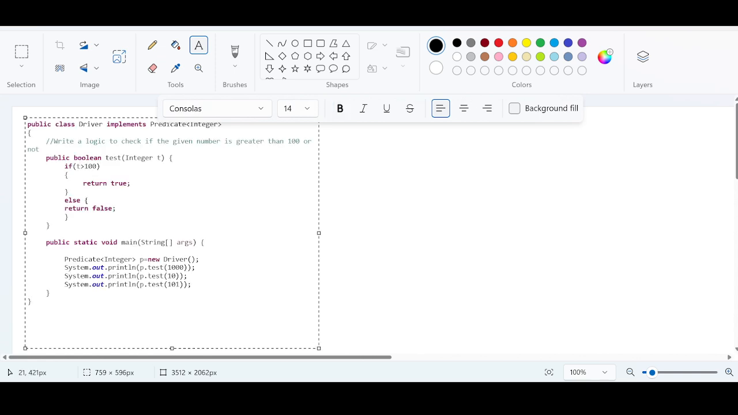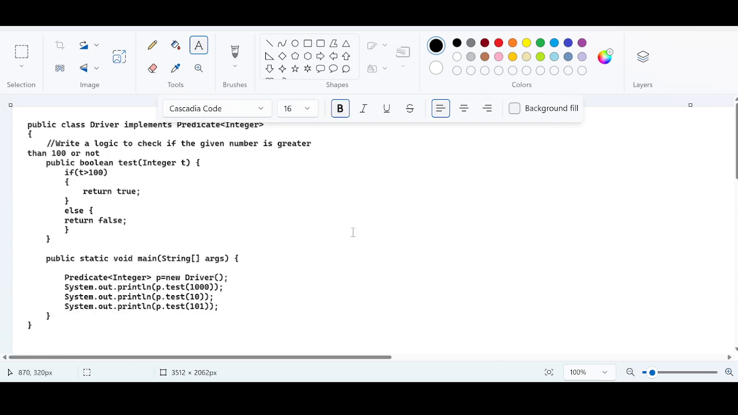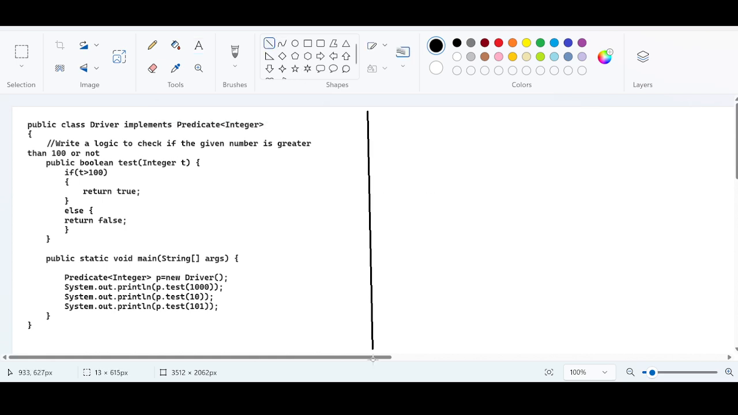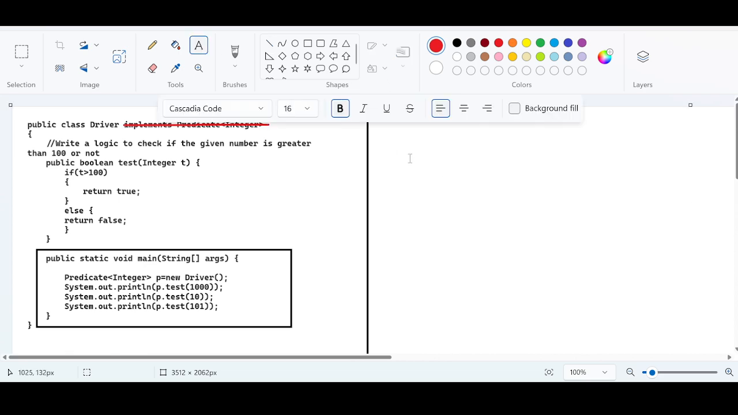This is our actual code without lambda expression. Focus here. I want to use a lambda expression. How can I use it? Let me directly jump to the main method. If I want to use a lambda expression, focus here. Implements Predicate is not required, first of all. Directly I can write